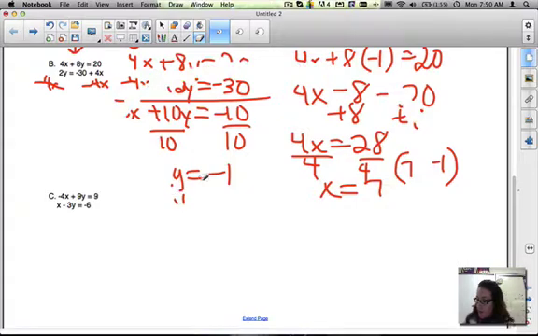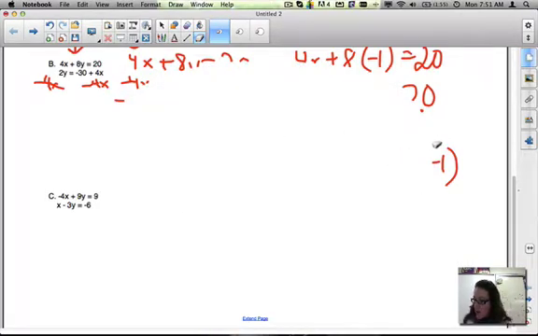Last problem, letter C. All right, letter C is a little bit different. If you notice, I do have them lined up like they should be, but if I were to follow the signs, I would not eliminate any variable. So with a problem like this, we need to multiply one or both of our equations by a number so that we can eliminate. So for example,